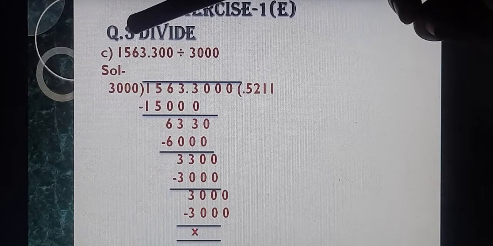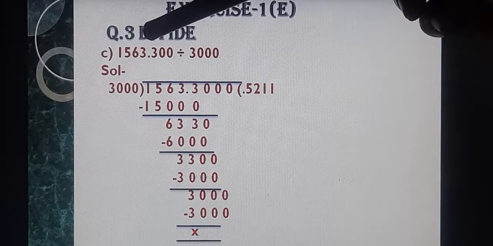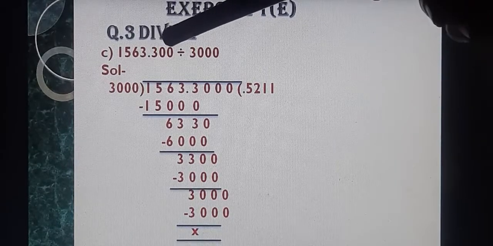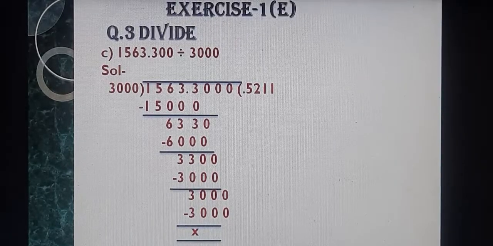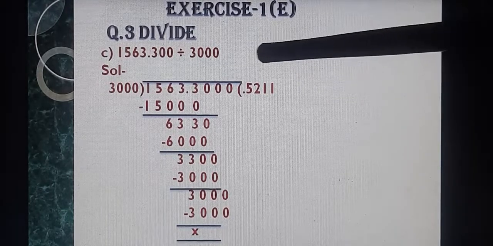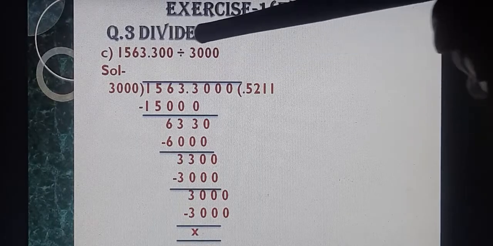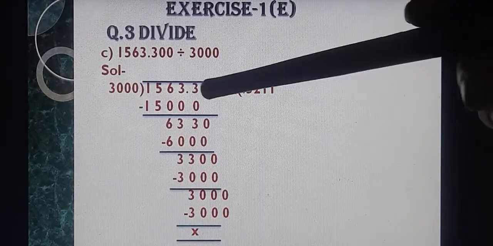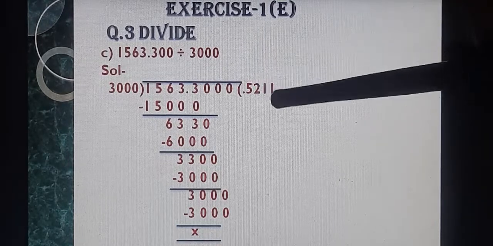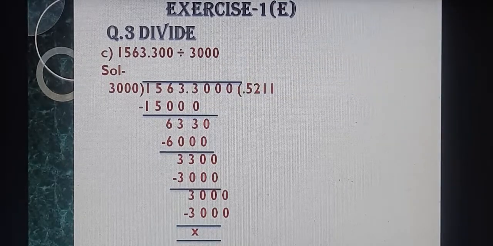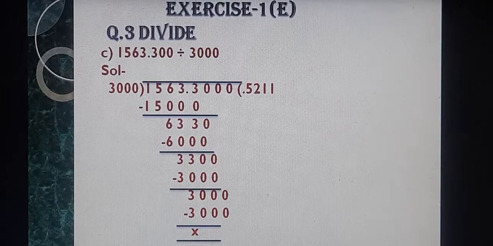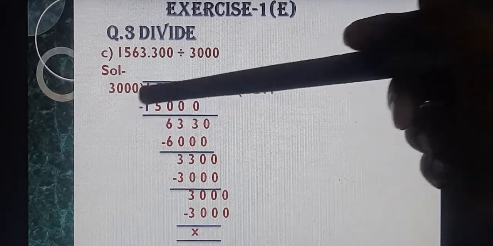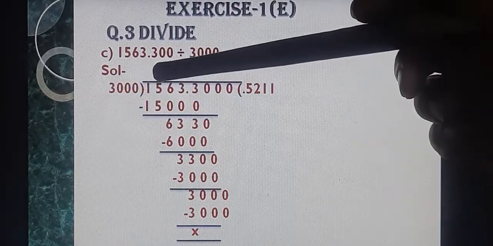So C part, 1563 decimal 300 divided by 3000. I told you for this type of question, you can divide directly by 3 and then consider these zeros after division. Or you can change it into a fraction, or directly do division with 3000. Okay. So 3000 is the divisor when it divides